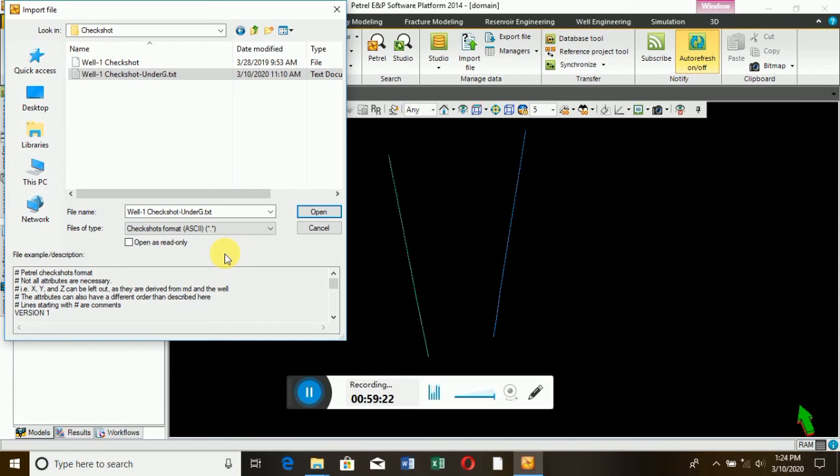I have three check shots. You have three? Use the one with underscore G. If it goes to the flash drive, you will get it. You have a check shot that ends with underscore G. I just want that underscore G. Your check shot should have underscore G. If it's not having underscore G, make sure you get the one with underscore G. If it's not that close, you can check the level of the